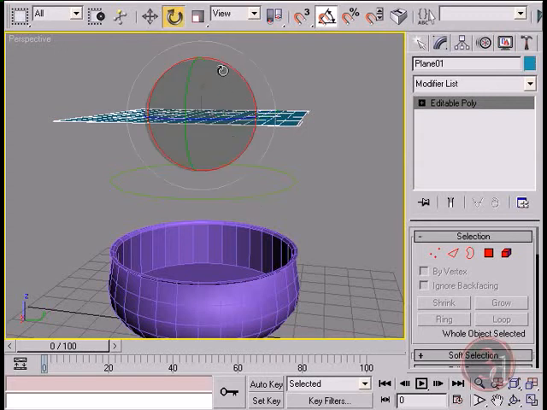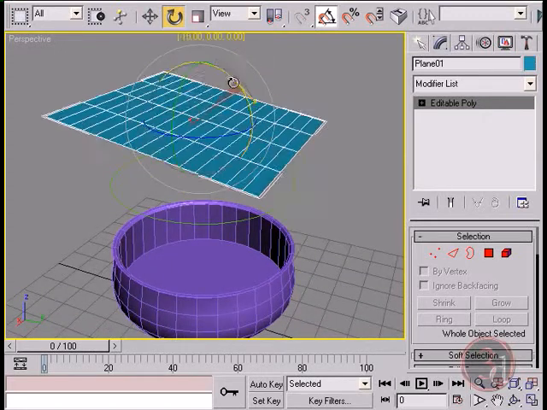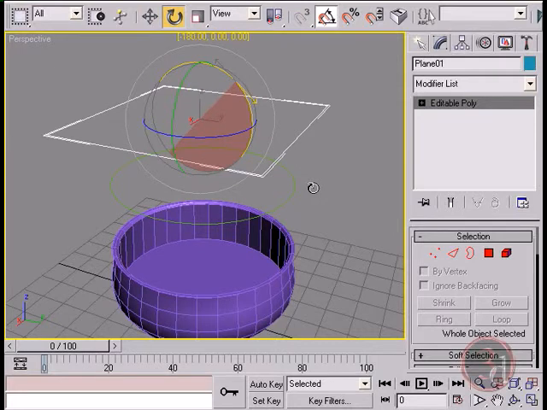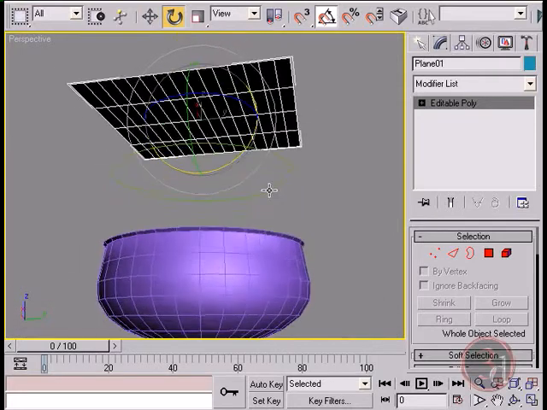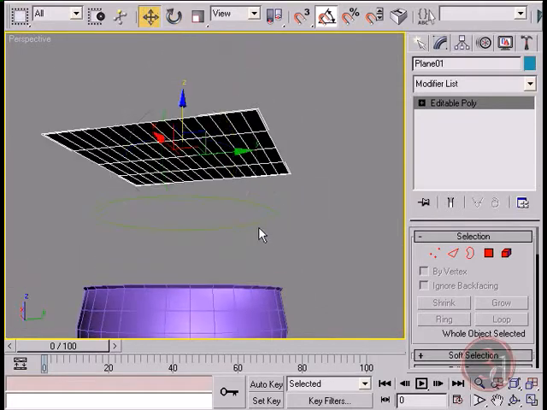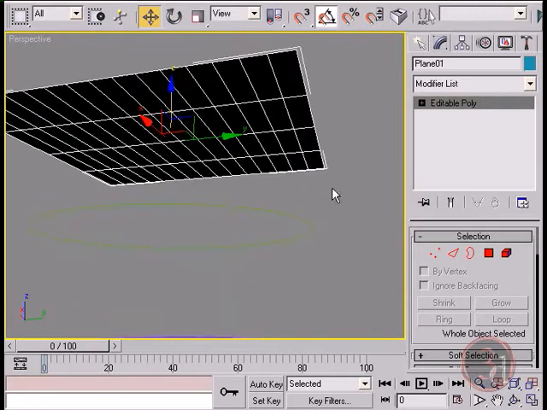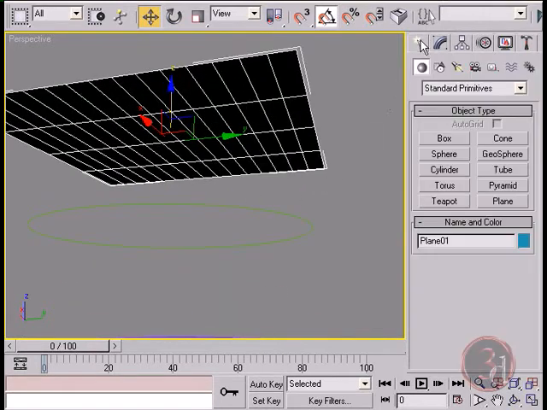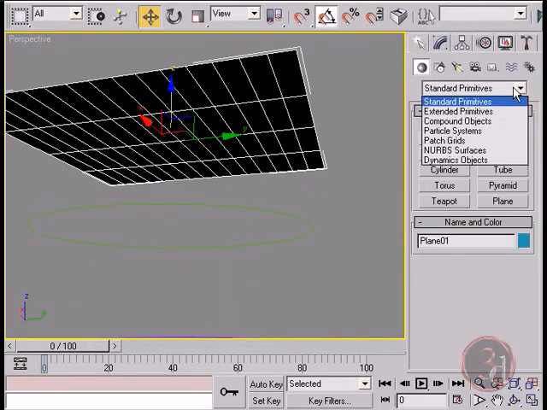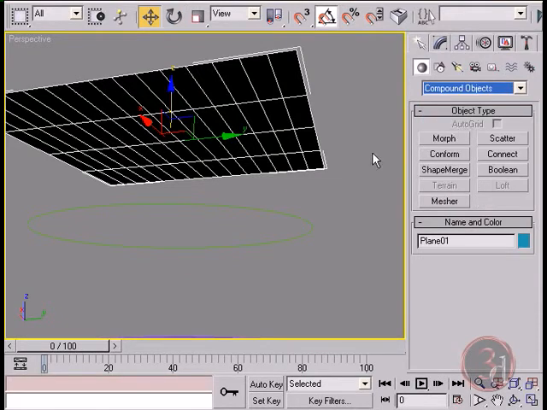You can rotate this like that. Okay, now if I go to my create tab, and instead of standard primitives, I select compound objects and select